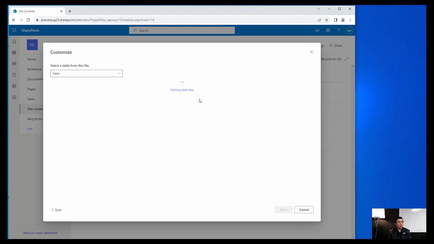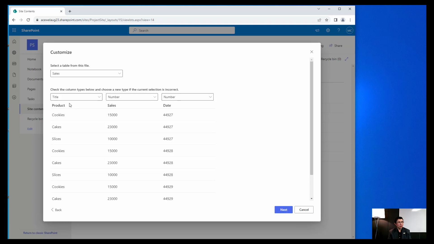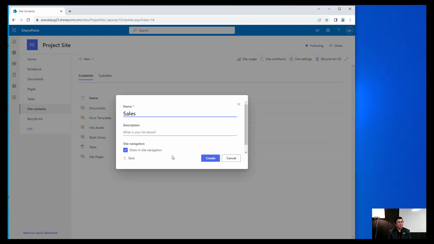You will now be redirected and it will show us the data that we have in our Excel spreadsheet. This is where you're going to choose the data type. So in this case, I'm going to choose the currency, and then for this, I'm going to have it as a date and time. And then after which, I will now hit the next button, name your list, and then